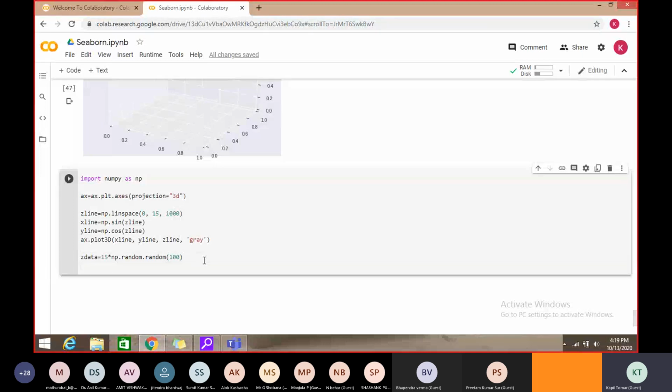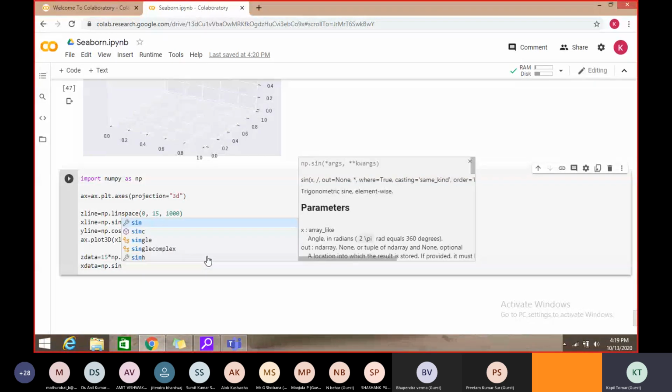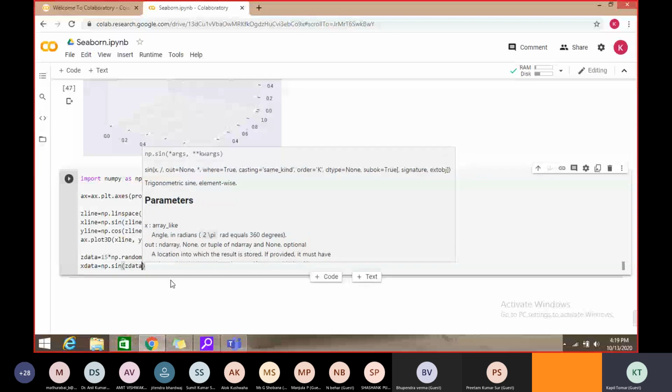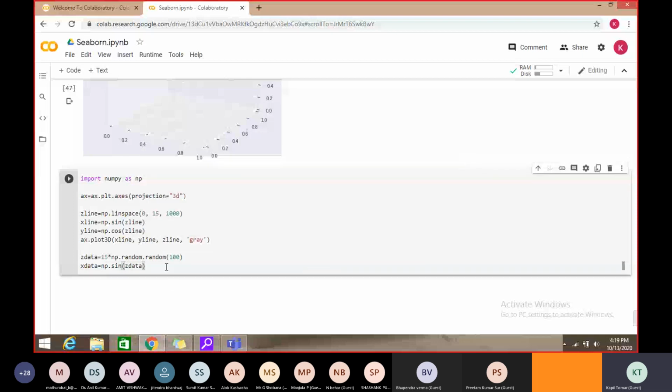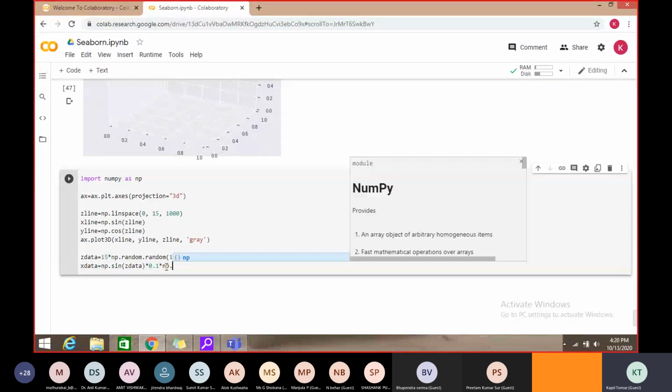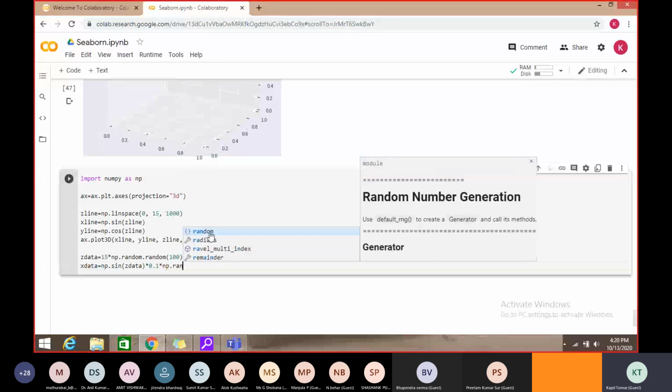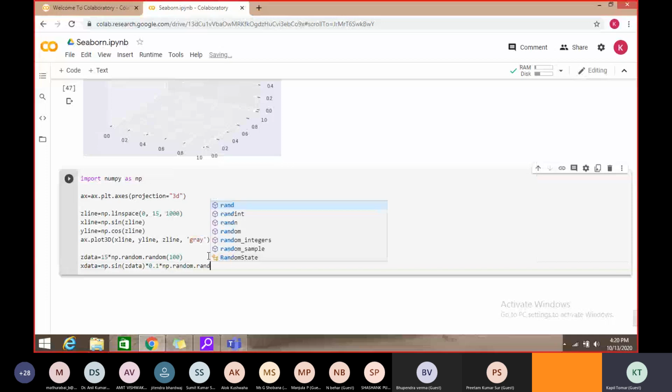Then similarly I want X data, and X data could be anything, the same np dot sin of Z data, which can be multiplied with some values so that it fits properly in my graph, and into np dot random dot random